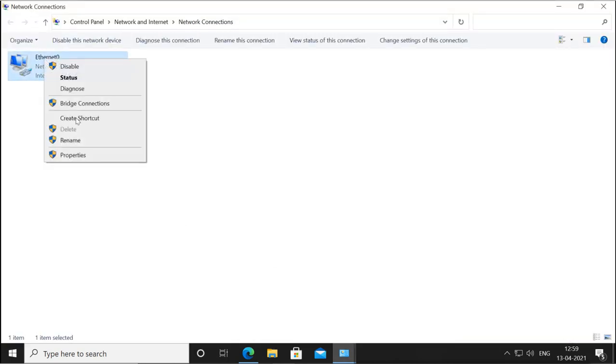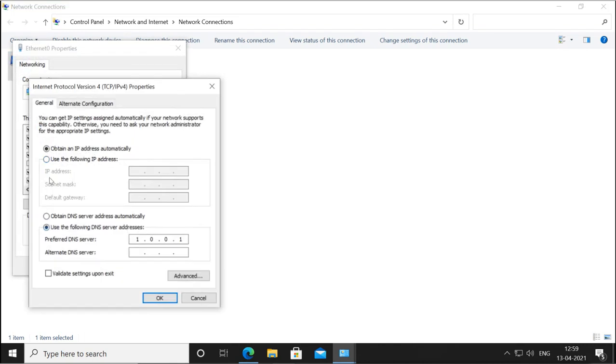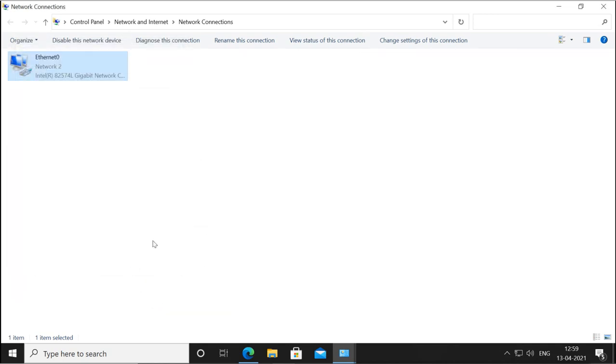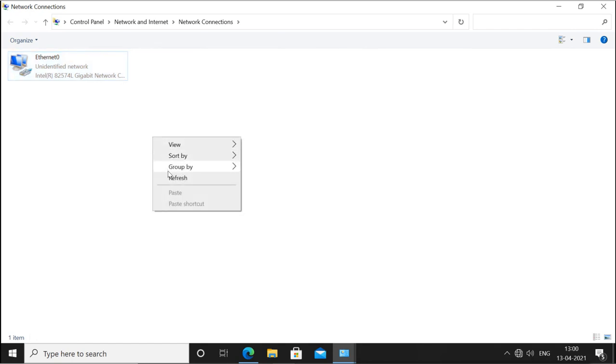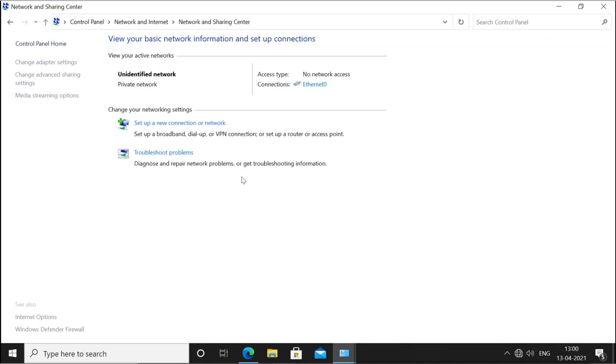Then gateway is also important. So if you are not having a gateway, then your machine will not connect to the internet. I will give the same IP address 192.168.1.6, but I will not give the gateway. Now when you are not having the gateway, you can see there is no internet. There is no internet connection. So gateway is very important.